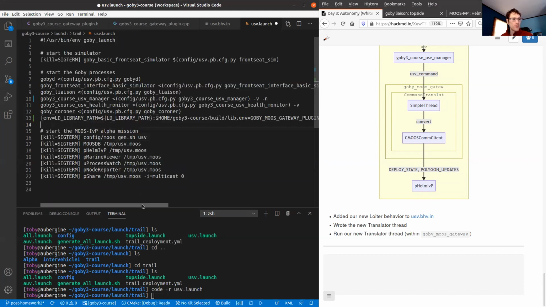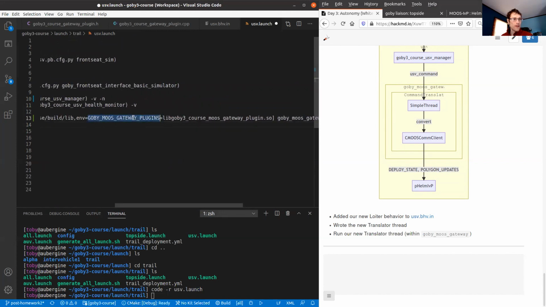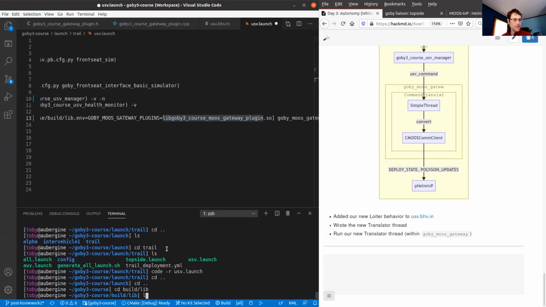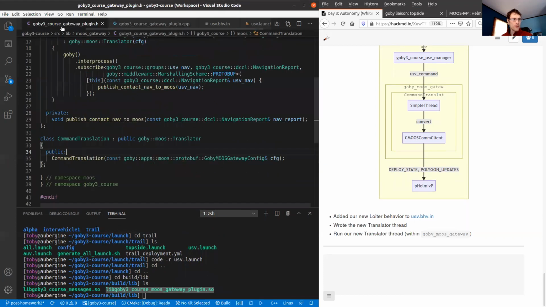In order to run Goby Moose Gateway, as I showed you before, it needs to have a Goby Moose Gateway plugins environment variable, which points to our shared library, libgoby3 course Moose Gateway plugin. That's built into the build lib directory, and that includes the code that we just added here for command translation.